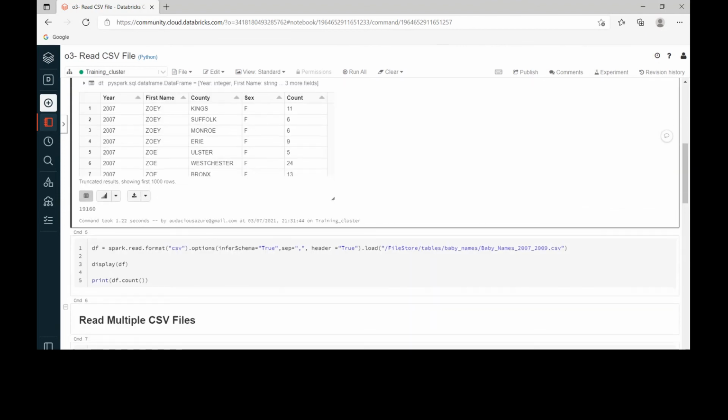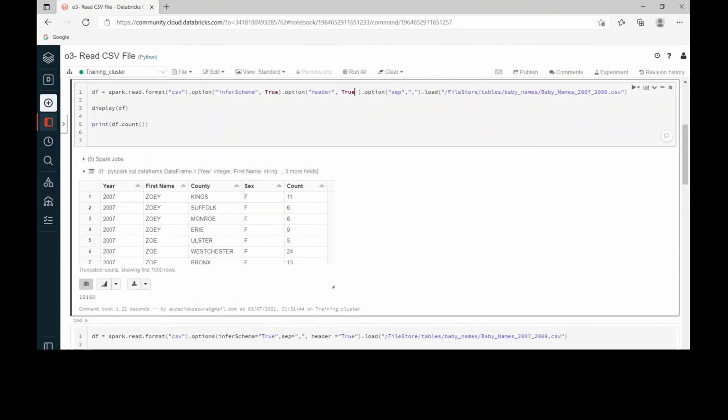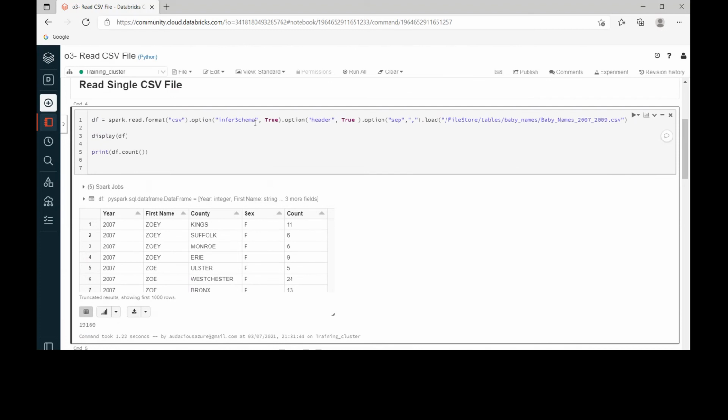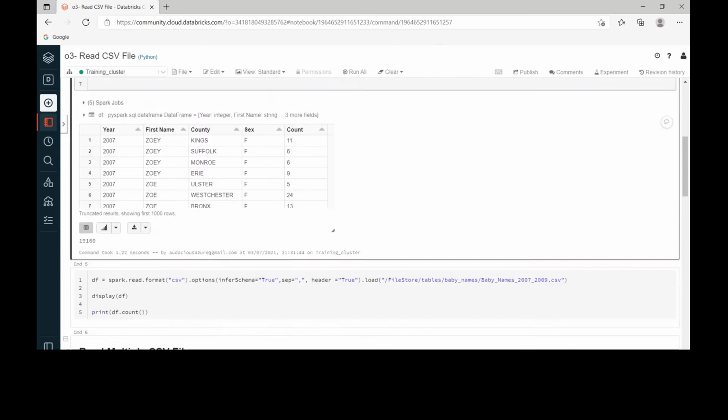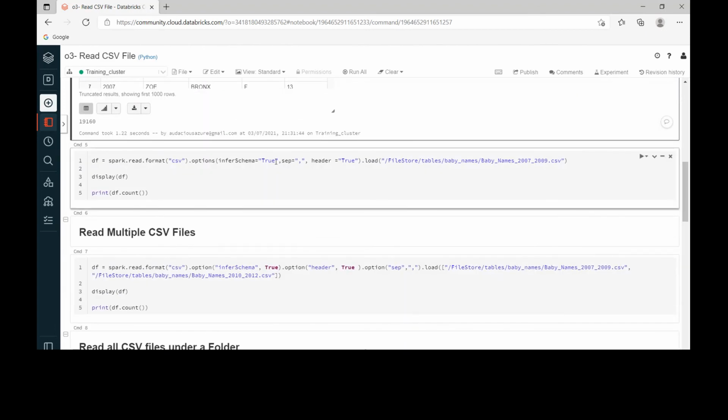Okay, moving to another technique. Here, we have given all the options in different option commands. The first option is inferSchema, the second is header, and the third is separator. Actually, we can combine all of these, and in my next command I want to show that.